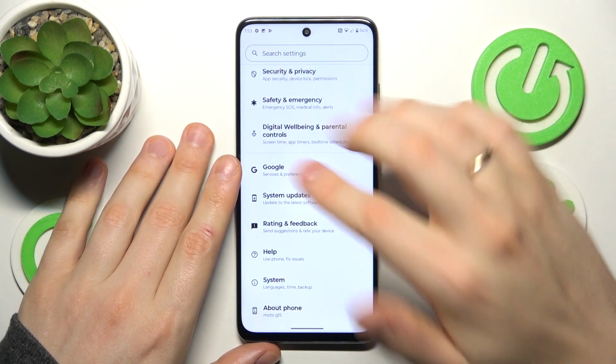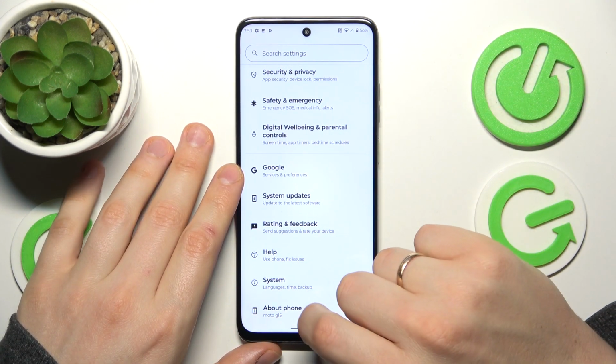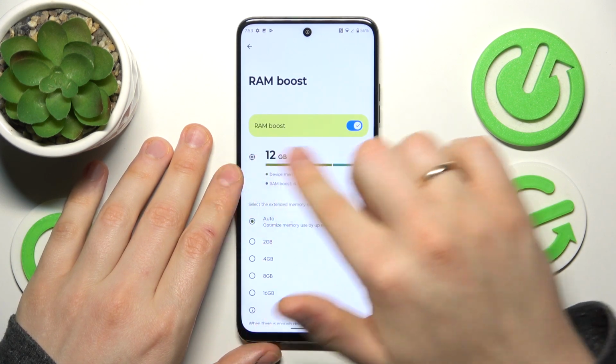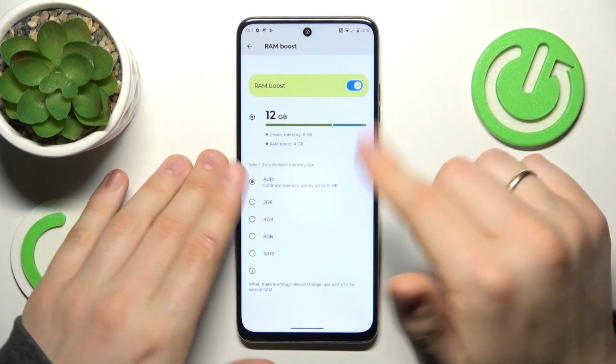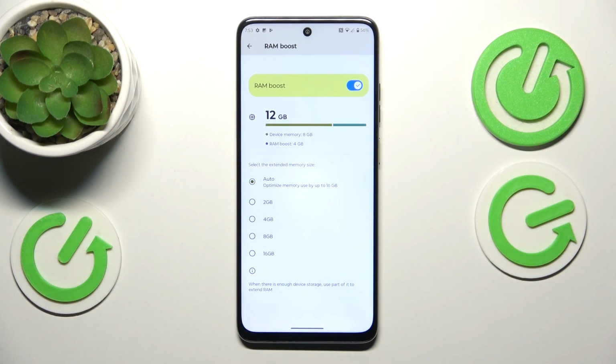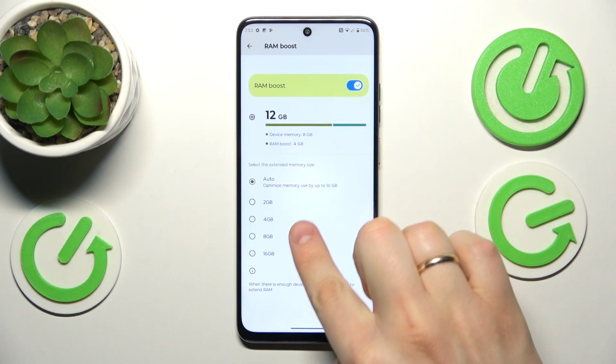In order to switch it on or manage this option, you will need to enter the About Phone category of settings. Here, tap at the RAM spec and switch on the RAM boost. Now you can leave it at automatic mode, which will optimize memory as the system deems necessary, or you can hard select 2, 4, 8, or 16 gigabytes